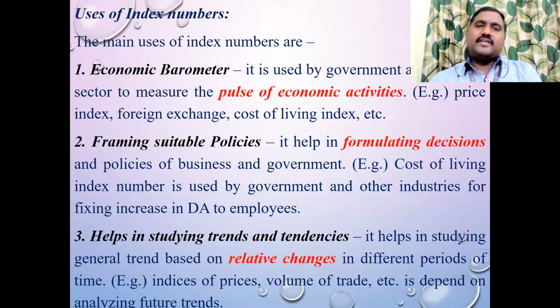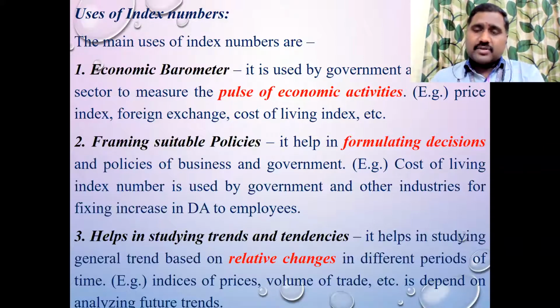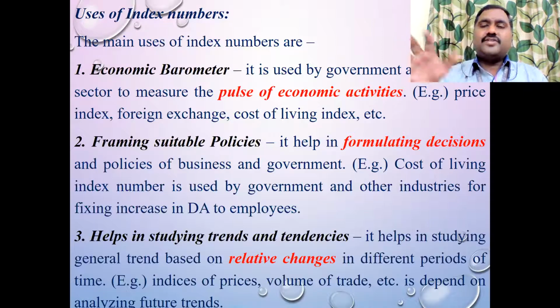Another example is that due to the increase in the price of petrol and diesel, the ticket fare, the rent, and the auto rickshaw fare have increased. If you ask them why they are asking 40 rupees instead of 30 rupees, they will say, sir, petrol price has increased. We are not getting that profit. We are getting only a minute amount. So what to do, they will say. Because of these index numbers, you can frame policy for the future. According to that, either the government or business people can bring changes in their policy.